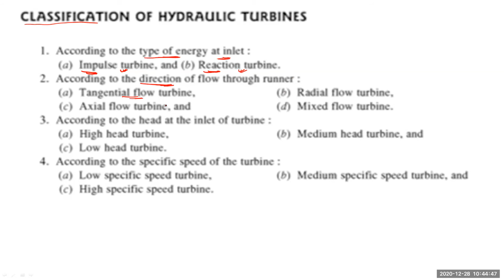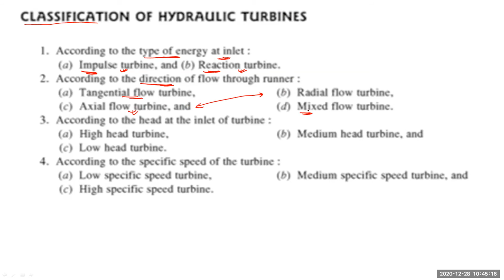I will show you the animations of these different types of turbines also for better clarification. And then third is your axial flow turbines, in which the liquid will be entering through the axis, and the outlet will also be axial, so that is called your axial flow. When there is a combination of these two, radial and axial, that is called your mixed flow turbines.